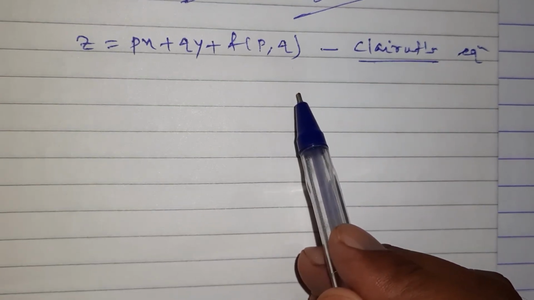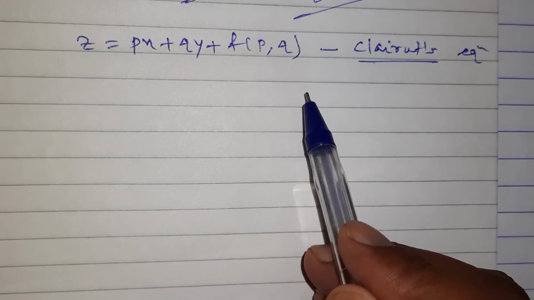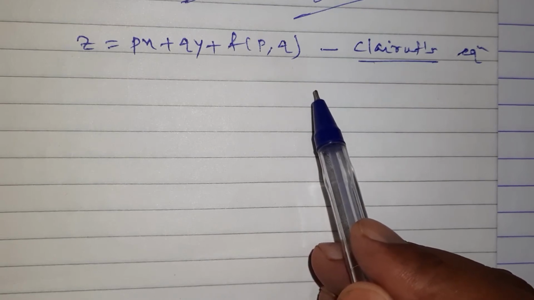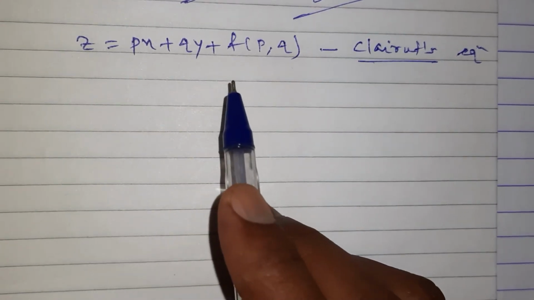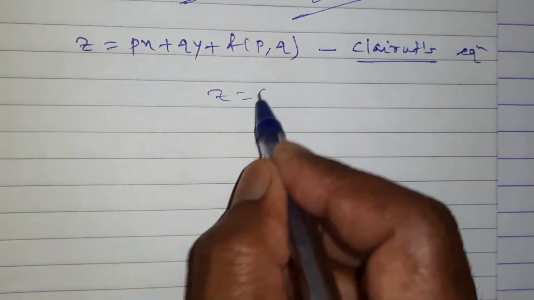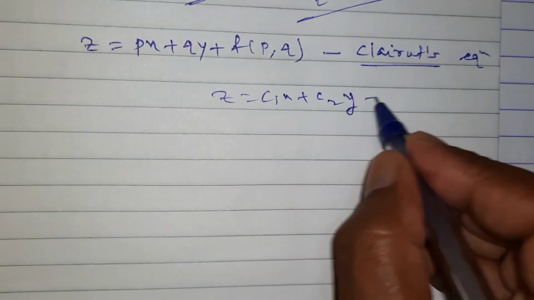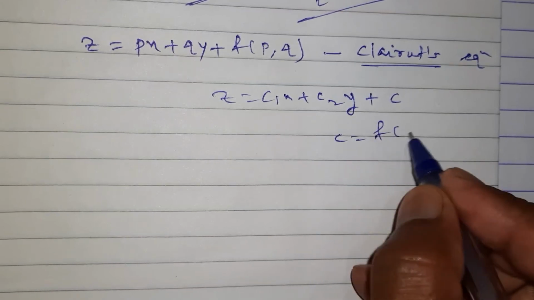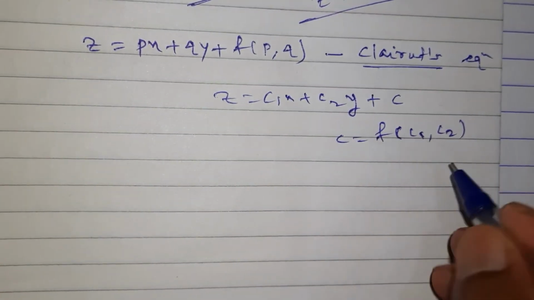No problem, if you know Charpit's method only, then also we are able to solve each and every case problem. So no need to separate it out. Only concentrate on first two cases and you will get the answer. Now for this, they have mentioned that its answer is very simple. Its answer is simply z is equal to c1x plus c2y plus c, where value of c is f of c1 c2.